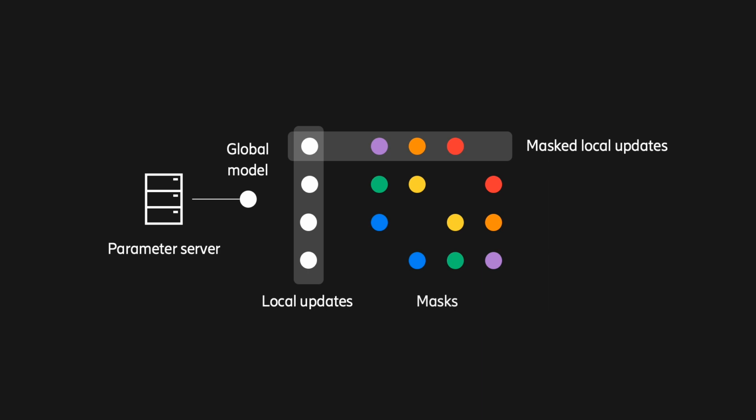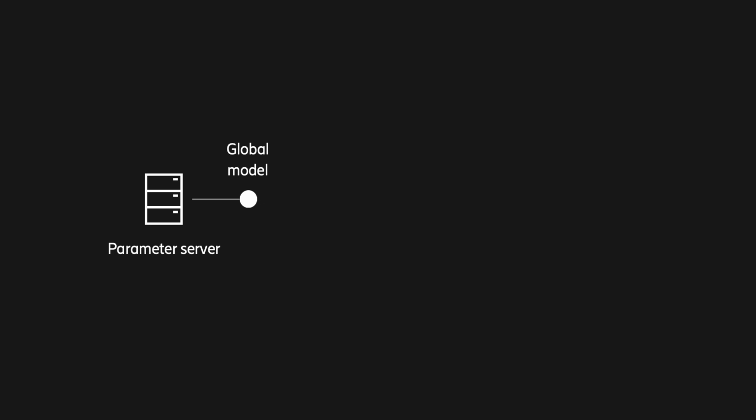Masks come in pairs, one positive and one negative part. When combined, these parts cancel each other out. Here, masks are represented by the colored balls. Two masks in the same pair have the same color. Clients add several masks to their local updates. Once the parameter server receives all masked local updates, it combines them into a single aggregate. As can be seen, during the process, each mask is combined with its paired mask of the same color. And when they are combined, they cancel out. When all masks are canceled out, the result is the unmasked aggregate.